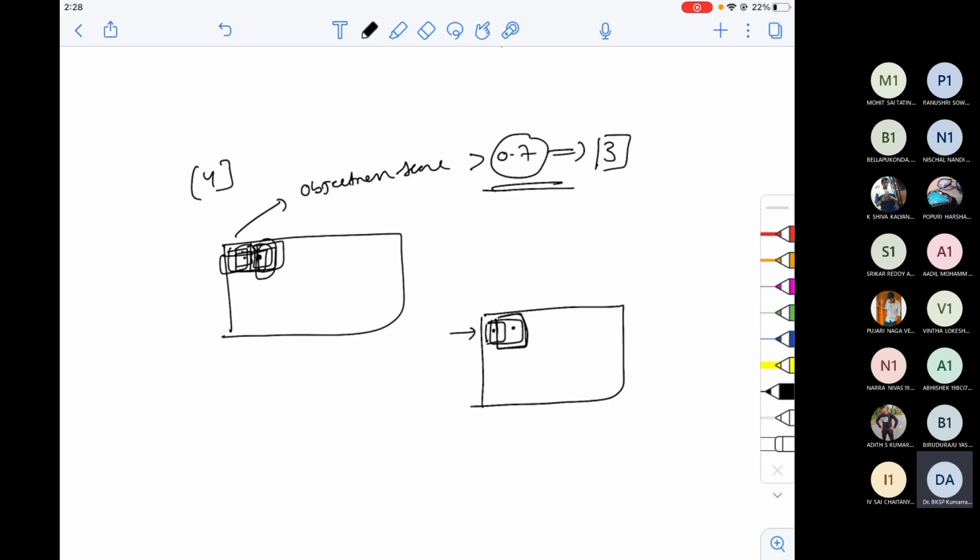Then maybe I'll have to redraw it. This is not the right box. Maybe I'll just take 2 boxes; even I don't want to take 3 boxes here. There are 2 boxes finally which satisfy this constraint. Maybe this is the other box. Now the outer box covers almost 100% of the inside box, so you need not consider the inside box. Just take the outside box.